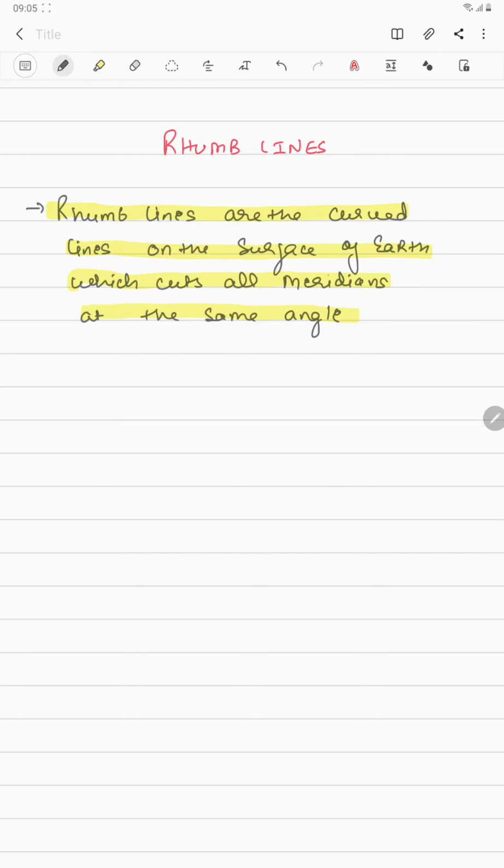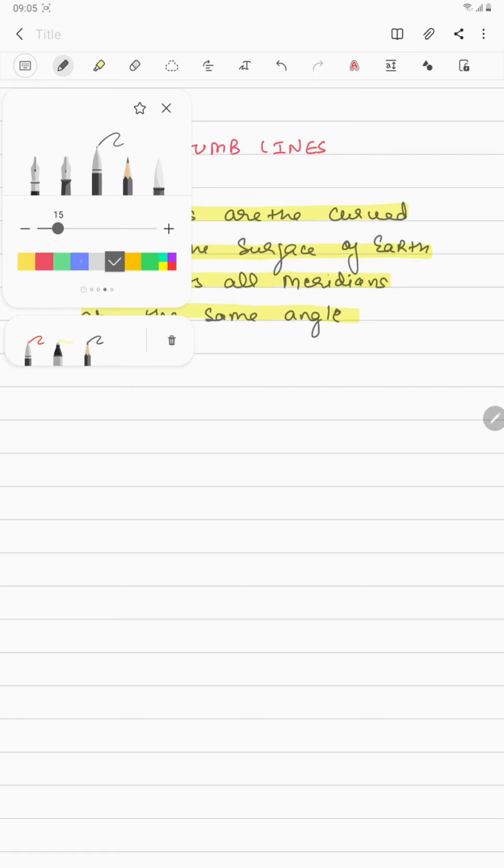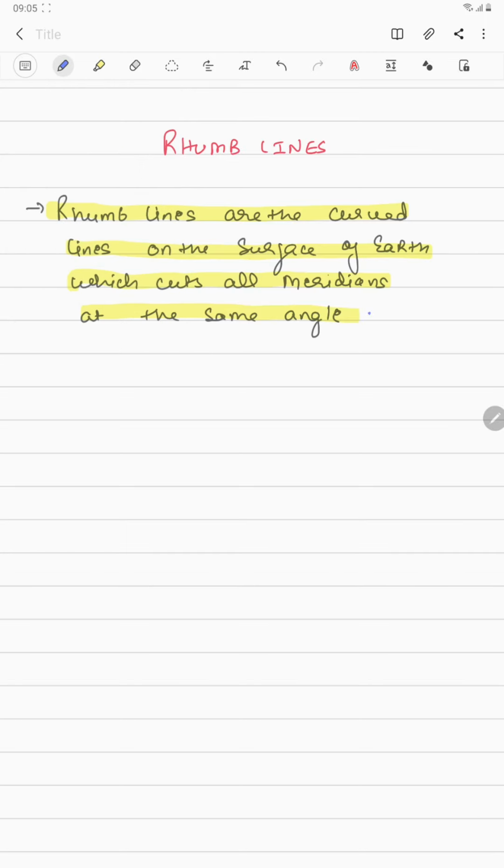Now to understand this definition better, and why we are talking about the angle by which the rhumb lines are cutting your meridians, and why it is important for those angles to be equal, let us understand one important term, azimuth. Now guys, when you study this chapter, nobody will tell you about the azimuth, but I am going to tell you about the azimuth because this word is very important for you to understand why we take rhumb line distances instead of the great circle distances when we plan a navigation. So let us understand this.